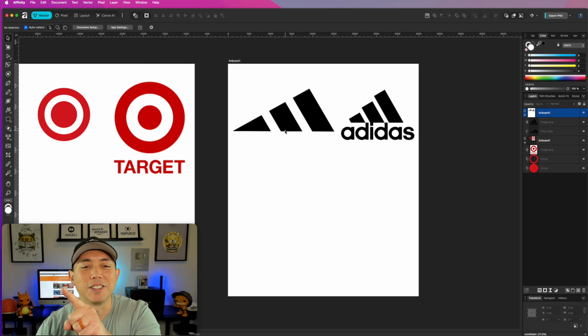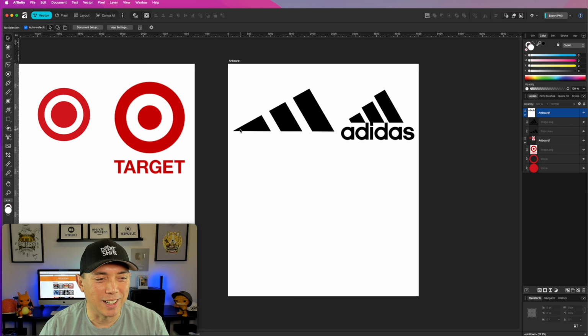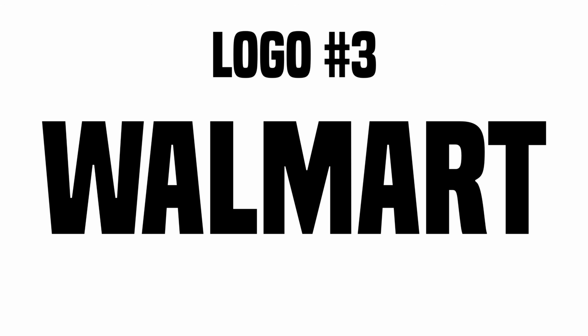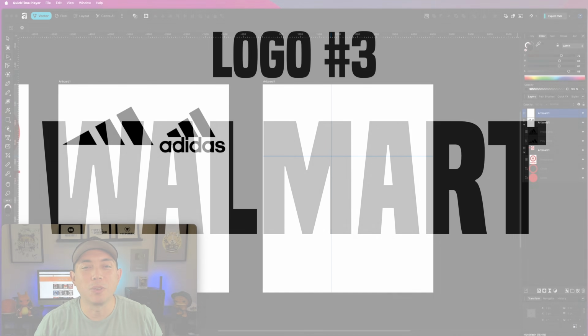How did you guys do on the Adidas logo? Did you know that it didn't come to a point here and that it was stepped up like this? I knew it was 3 lines, at least we know that. And I'm glad I didn't have to pick the font here, but as far as the logo goes, that's pretty cool. All right, for my next logo, I'm gonna do the Walmart one, the new one where there's no words,